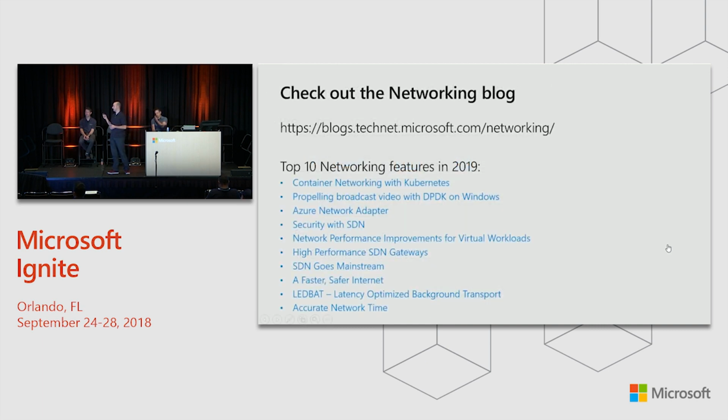And of course, we just released our top 10 networking features in 2019. Many of these do apply to Windows 10, but it kind of covers everything we've talked about today: the intelligent edge and the intelligent cloud, site-to-site VPN. We have all of these pieces on premises and in the cloud. Please go to our blog and check out the features here. We have videos, we have validation guides. And of course, give us your feedback. Let us know if you have any questions.